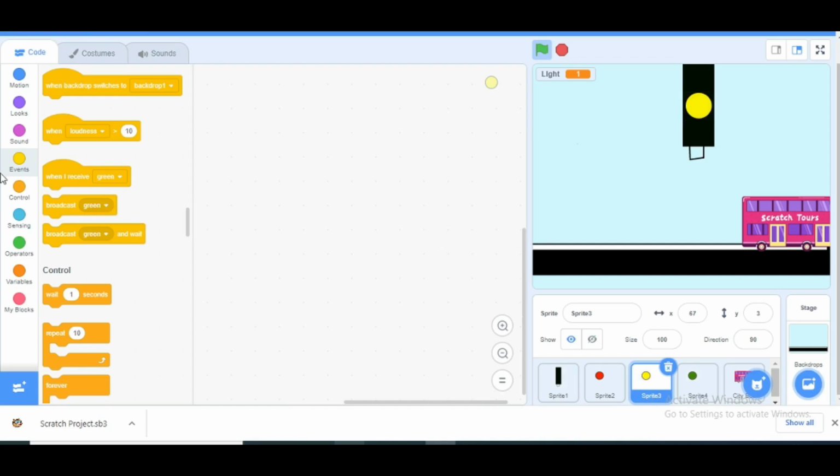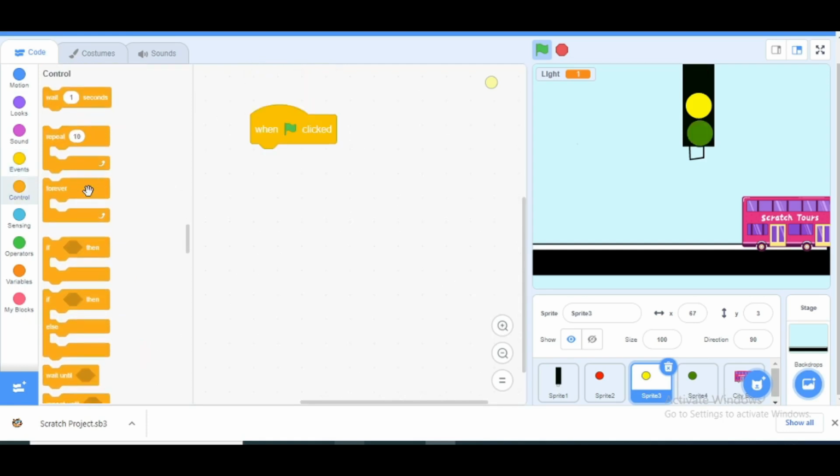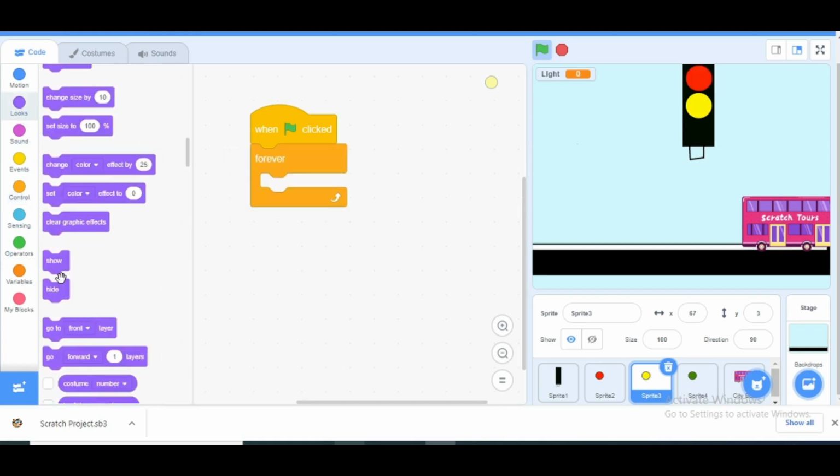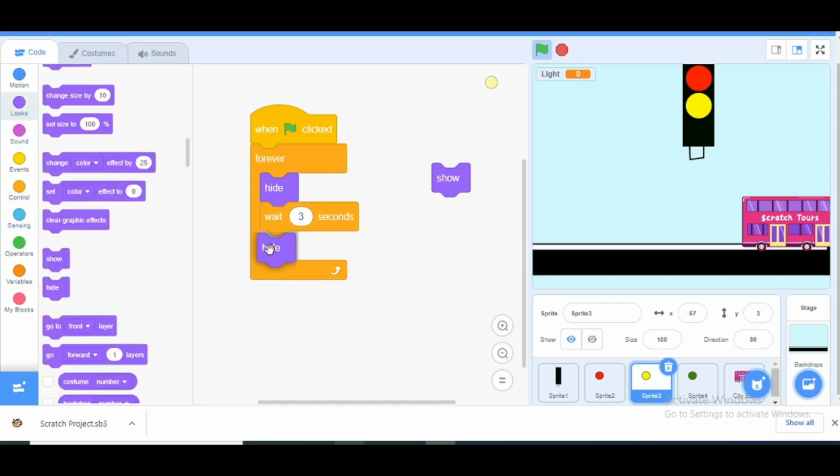So in the yellow button here also we have to use the code when green flag clicked. So I have used here when green flag clicked. Then for your block as usual, and hide and show commands we are using here. So hide command and next we want that show command. So afterward we are using this show command. Okay, wait 3 seconds, we have to adjust here wait 3 seconds, and here one more time we are using hide command and that wait.